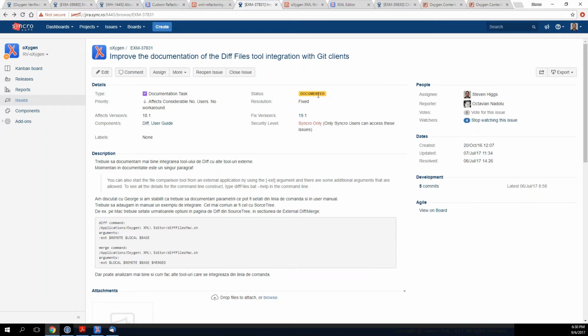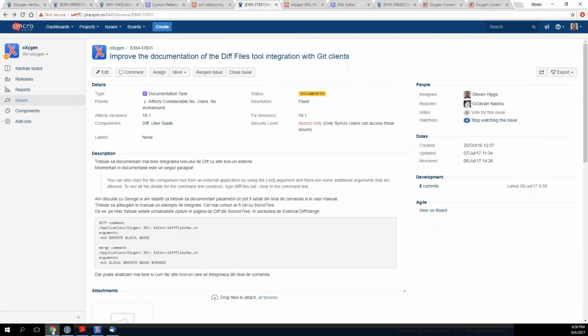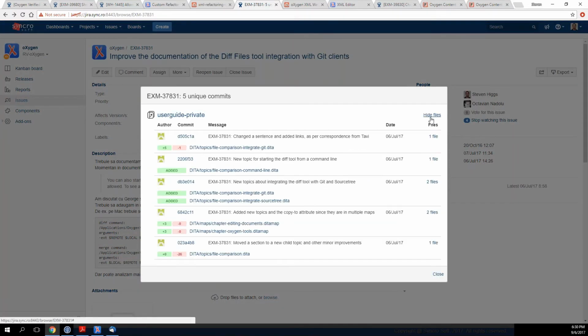and once it reaches the status, they are notified, and as long as I have used the JIRA issue number when committing the changes, remember I showed you that when I committed I used the JIRA issue number. Now I'll show you why. So they'll see any commits for this specific JIRA issue here. All I have to do is click this link,